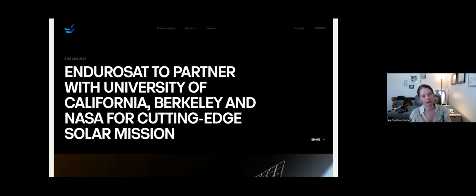We partnered with Indurosat, who's in Bulgaria, to build this mission. They provide everything other than the instruments. They provided us totally everything. And why would we do that? It allows us, instead of spending all of those resources and that time developing the rest of the spacecraft, to develop a more complicated instrument.